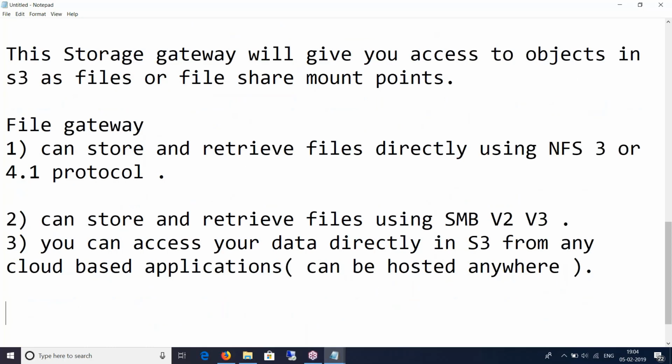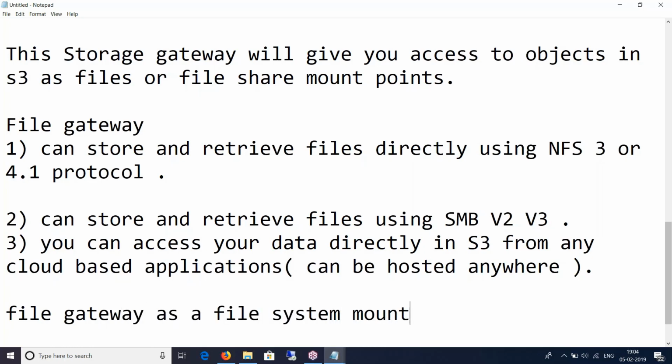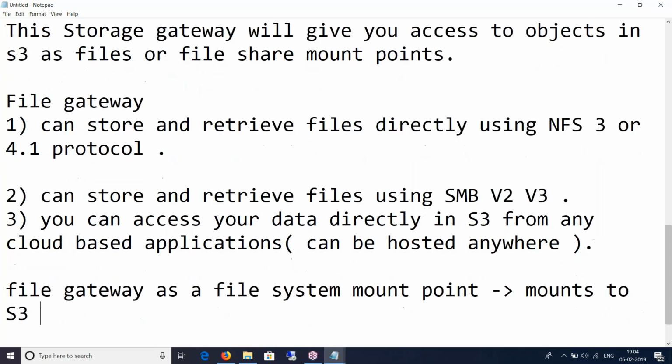Okay. So you can manage your S3 data using a lifecycle set of policies. You can do cross-regional replication. So you can think of a file gateway as a file system mount point, and that mounts to an S3 bucket.